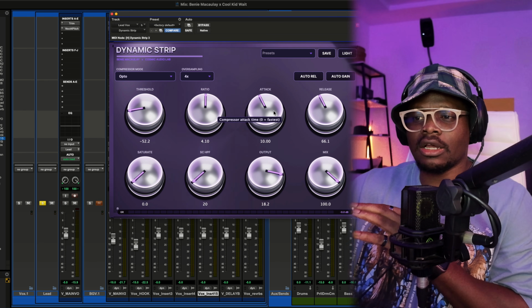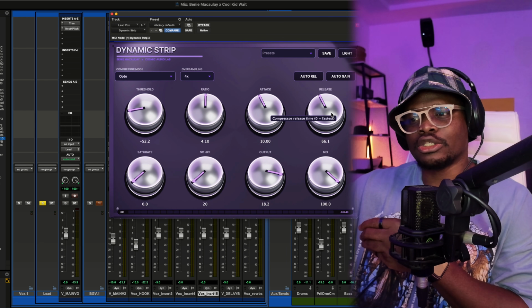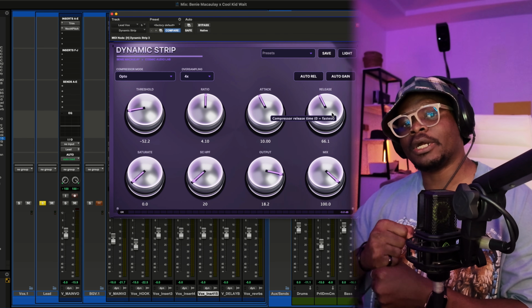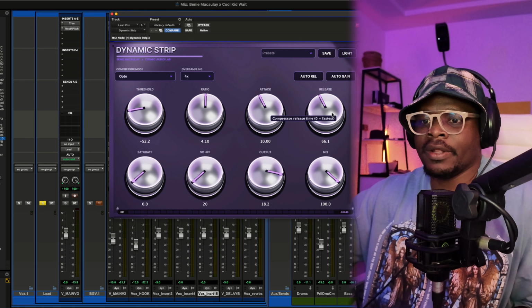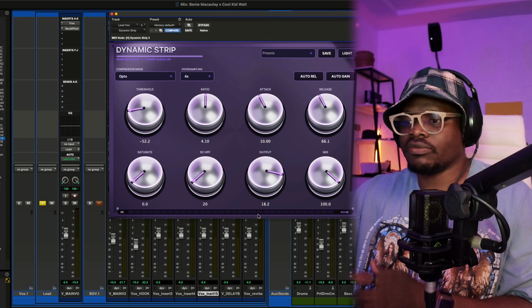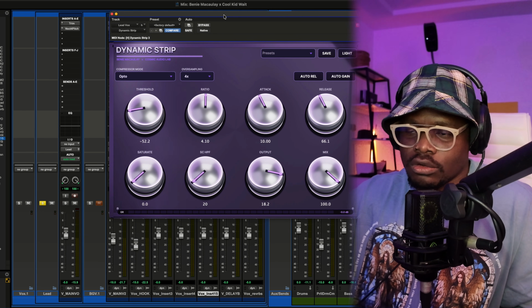I actually also like a slow attack for vocals and a slow release because I want to hold on to the compression to keep the vocals fat. All right. After that, we dial in the threshold to get the amount of gain reduction that we want. And for this vocal, we're currently getting about